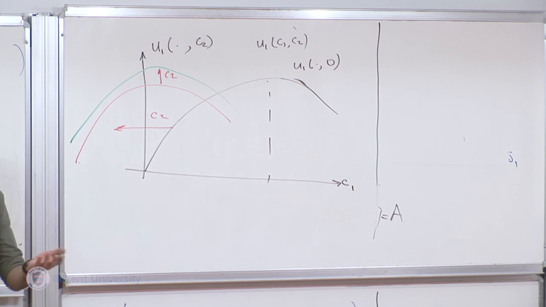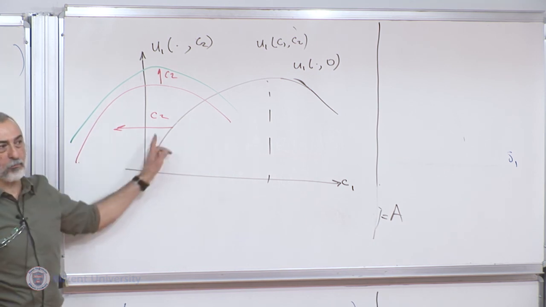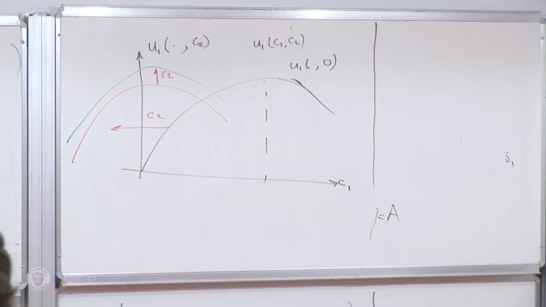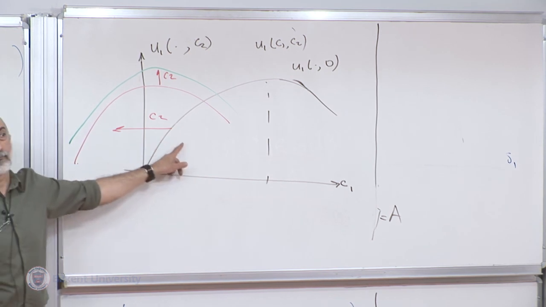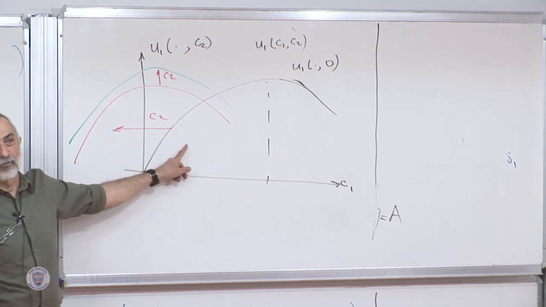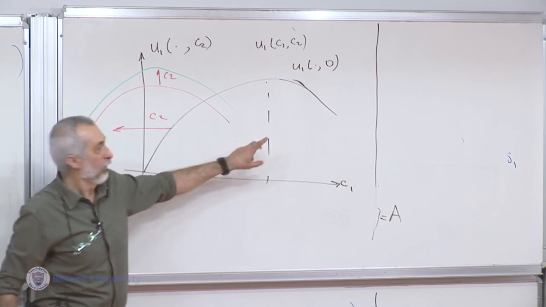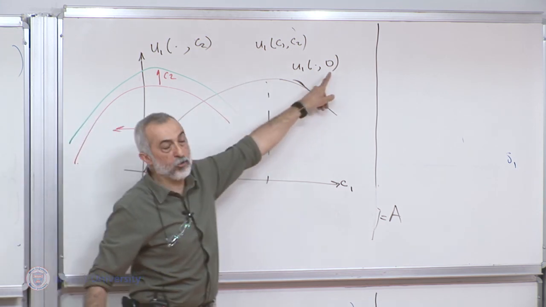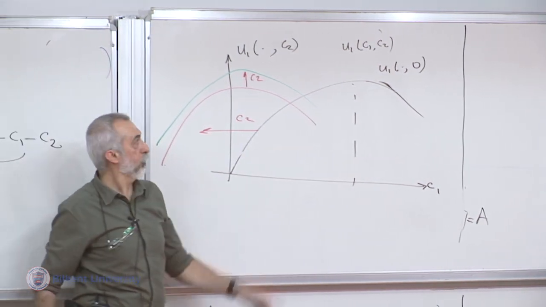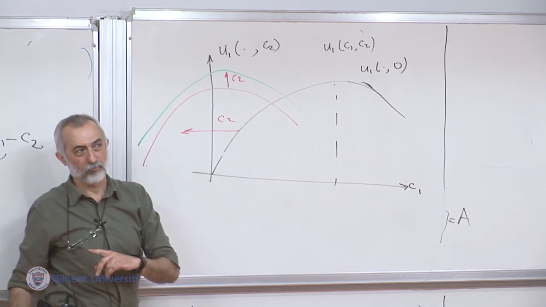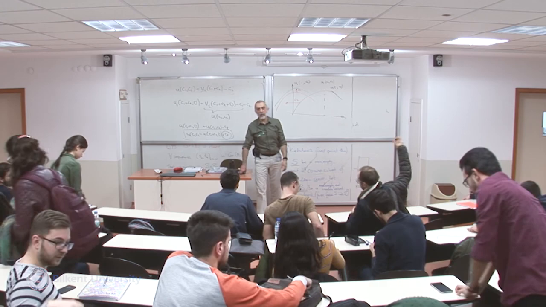Unfortunately, we have to stop here. Time is up. I forgot to give that sheet. Did I give that sheet? Yes, I did. So think about it. Look at this picture. What does this imply about the best response of player 1? Because of that quasi-linearity, if I know the picture for C2 equals 0, I can essentially know the picture for any C2. That's it. Think about it. We'll talk about that